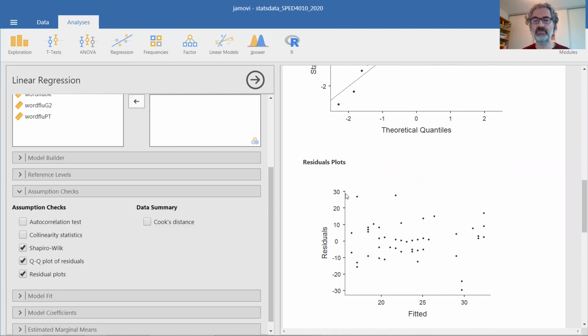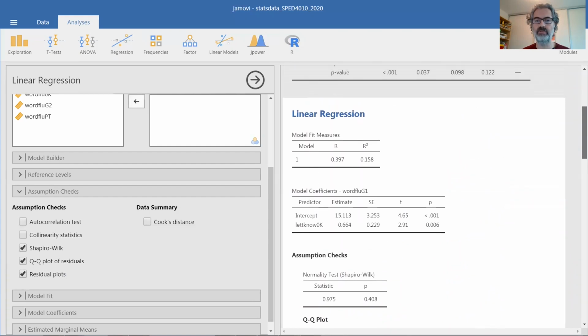So this is the plot in which you should examine whether the spread of the residuals is about the same across the whole range. And in this case, we do not see any reason to worry. There seems to be a fairly even spread, although it's not exactly the same. There aren't very many data points. So now we can go back and look at our results,